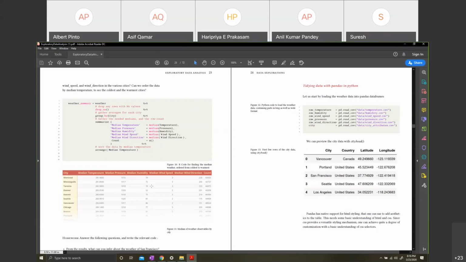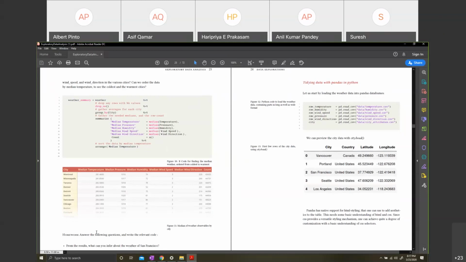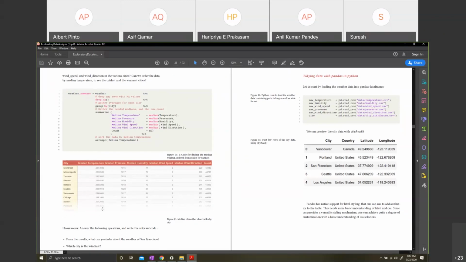So if you were to look at this table, for example, would you be able to tell which is the coldest city in the data set in general? Just as a basic example, can you tell which is the coldest city in this data set? Montreal. And you can then go down to the bottom and see which is the warmest city on average.